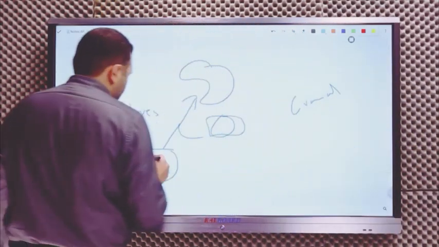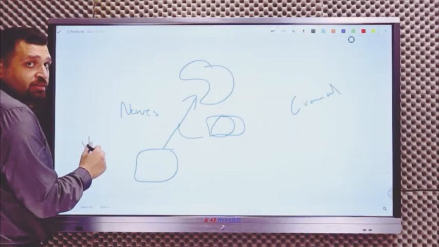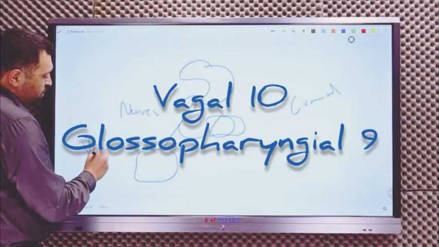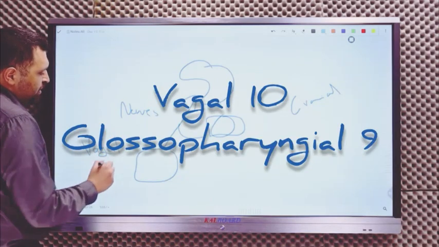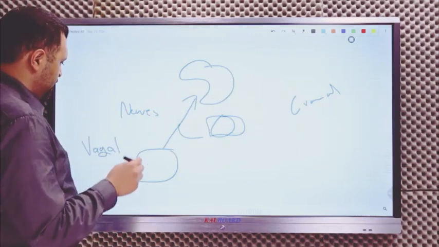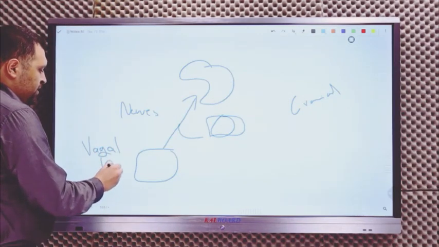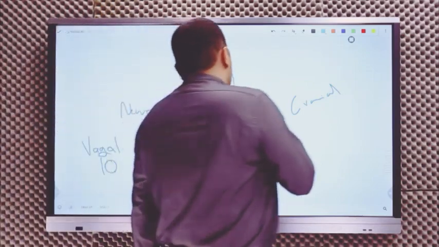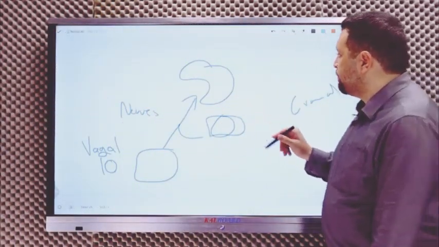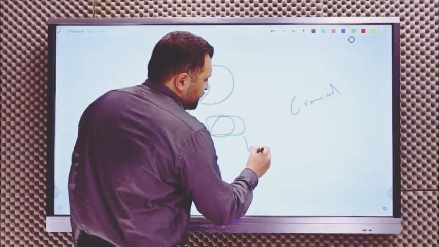The aorta will send its info through the vagal nerve, which is the 10th nerve, while the carotid sinus will send its info through Hering's nerve,